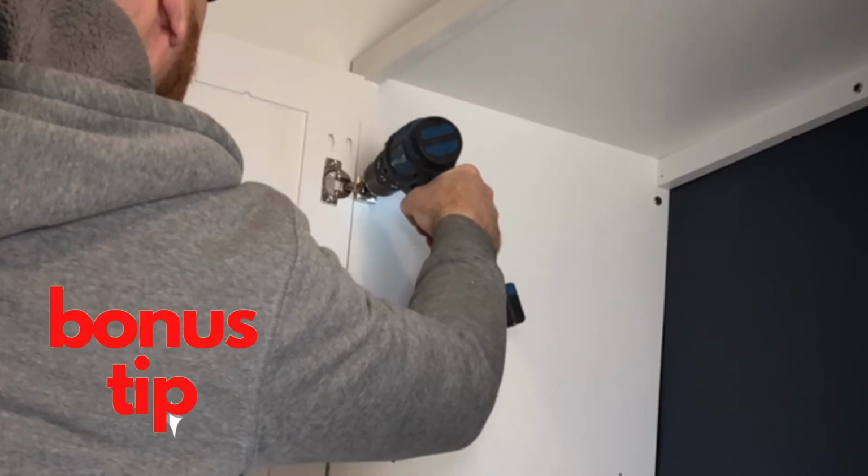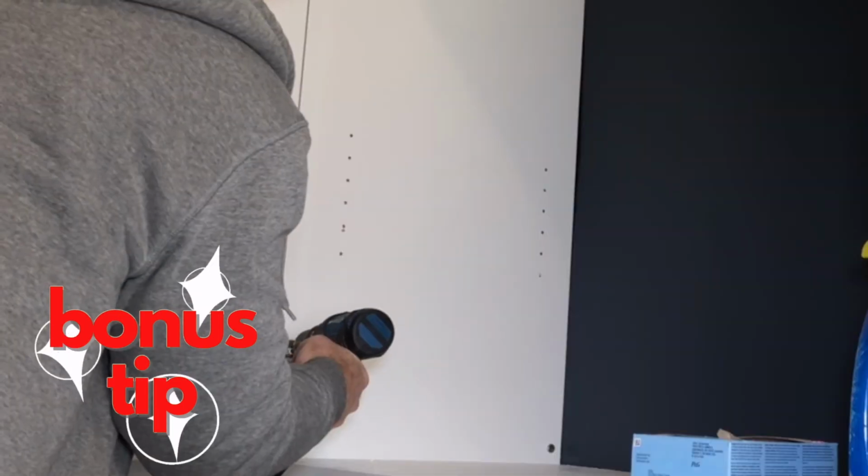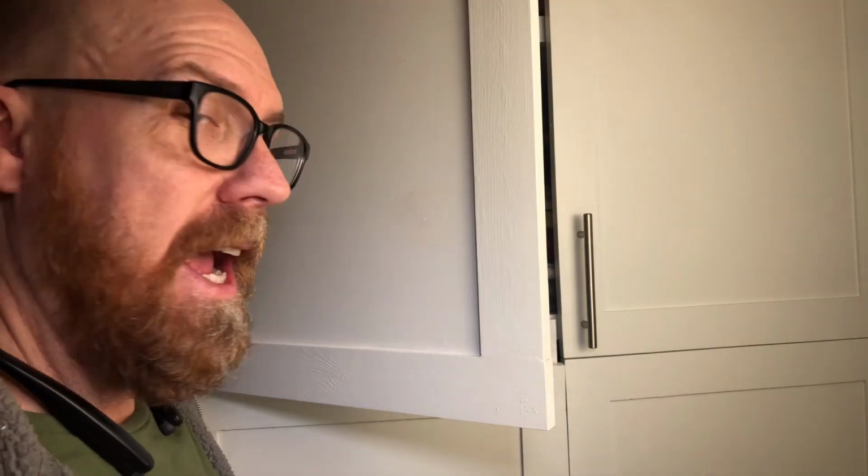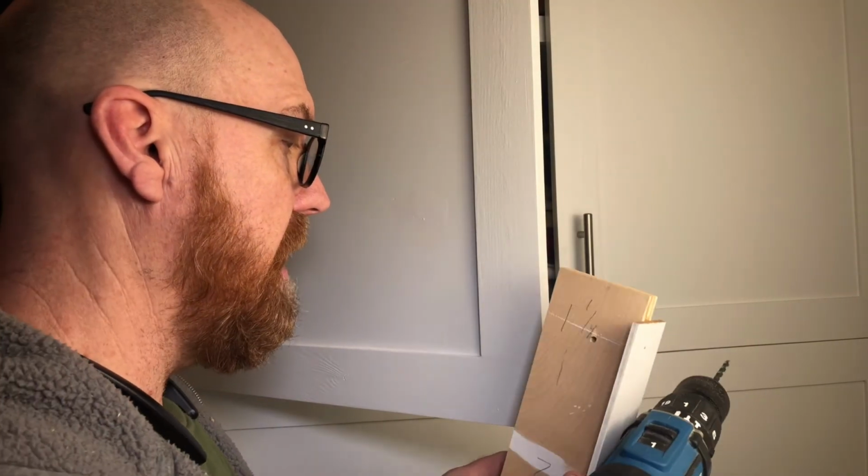I install the doors after the cabinet is hung. It makes things a lot easier. And using the cabinet door handle jig that we made last night,